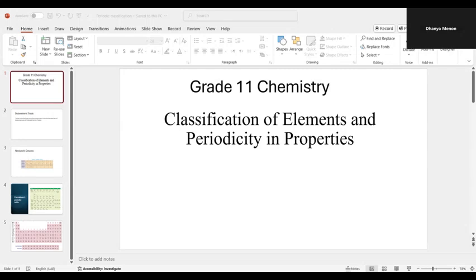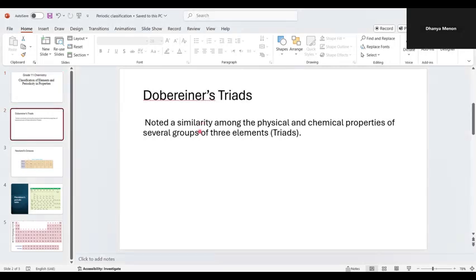Now the scientist named Dobereiner observed a similarity in physical and chemical properties of several groups of 3 elements. Like he made groups of 3 elements, and he started studying and found out that the properties of these elements are the same. Okay, so for example, if I have